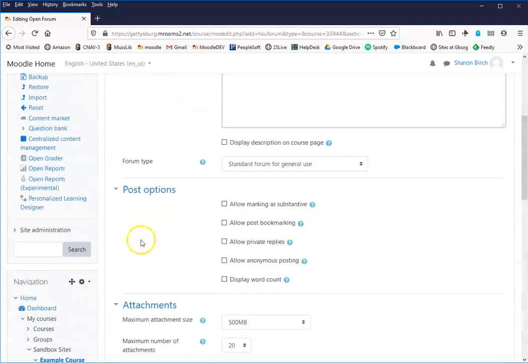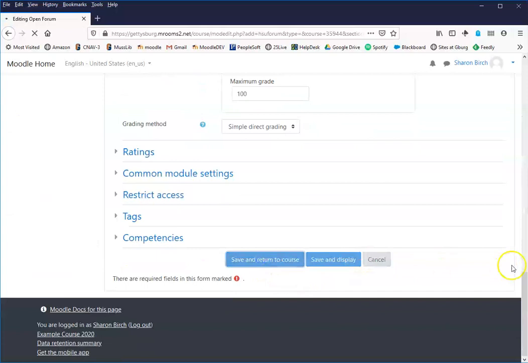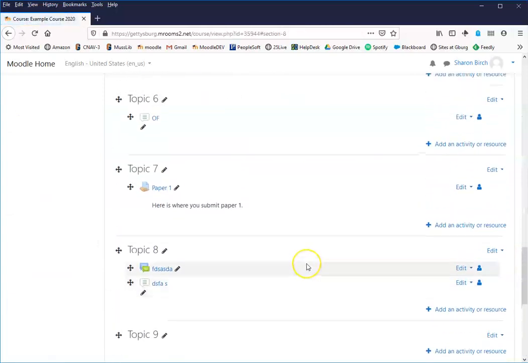So the main difference at this point are anything that lives here within post options. I'm going to go ahead and save. Otherwise, they also look a little different, and I think this would be the primary reason now why I would suggest using just the regular forum, because I like how it looks better, but you may or may not prefer one or the other. So when I come to this one,